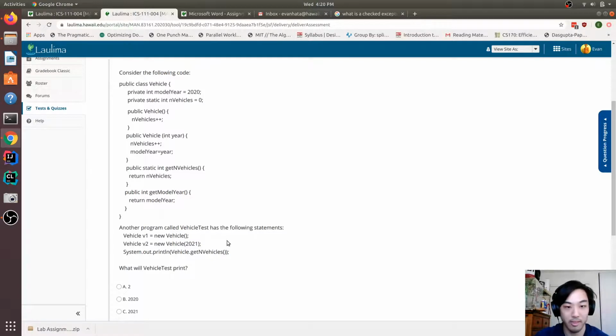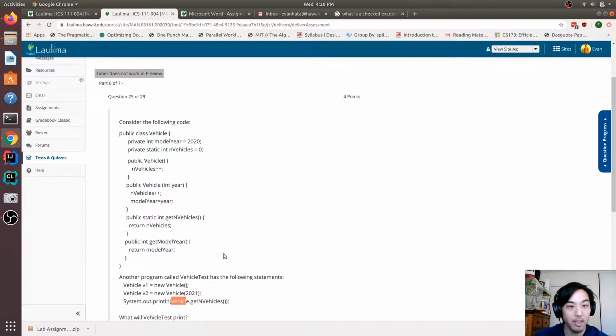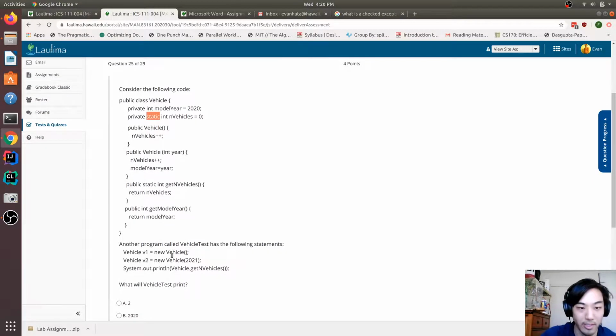So another program called VehicleTest has the following statements. You create 2 vehicles, and then you print out Vehicle, the class, .getnVehicles. So this is slightly tricky because nVehicles is declared as static, so it's globally shared. So when you create this first vehicle, v1,